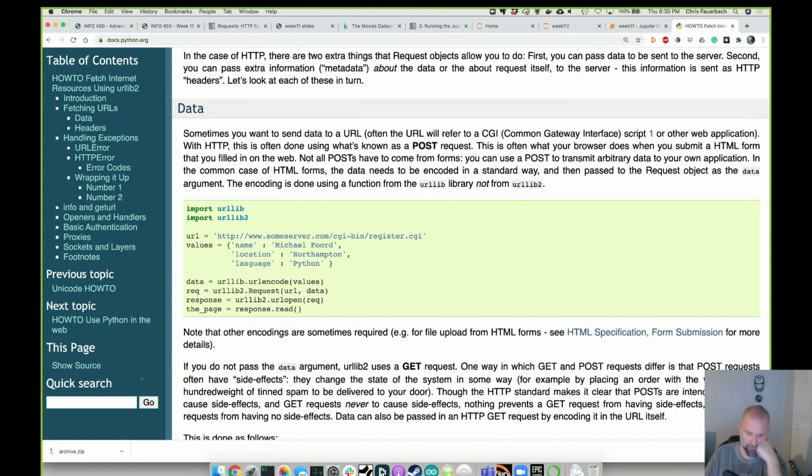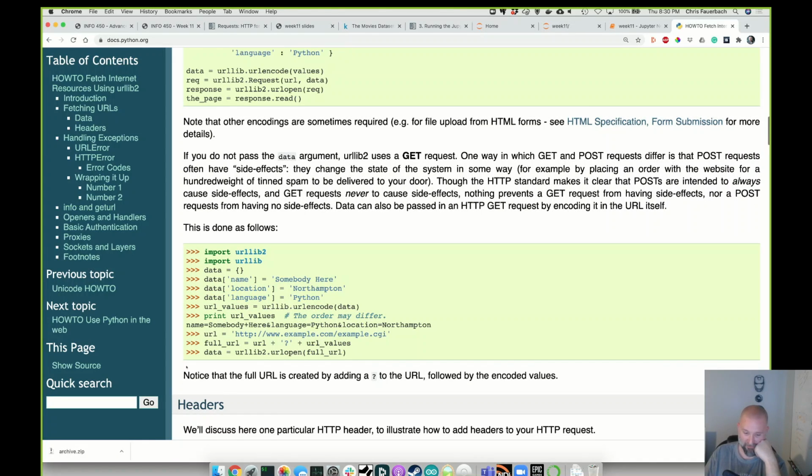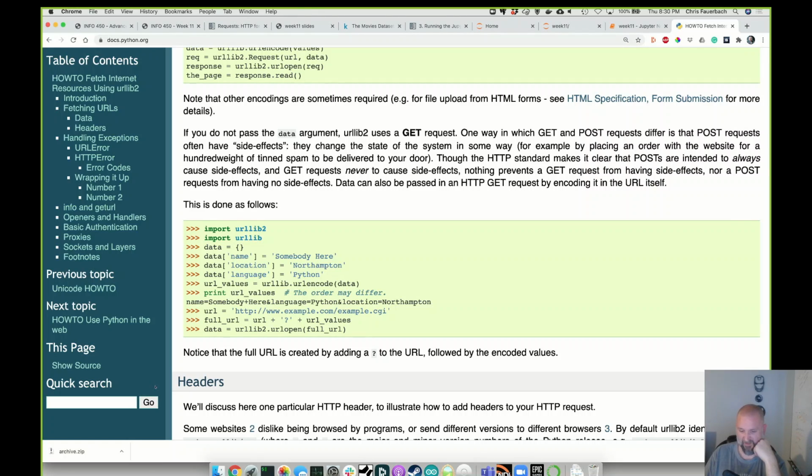But now I've got to URL encode values. I'm going to pass open read. I don't know what I'm doing here. It looks like more values. I'm URL encoding things. I'm building a URL by hand. Like, this is awful. This is a really bad interface. So I have to take my dictionary of data, use a URL encode function of that dictionary to get URL values. The URL values is a string that looks like this, name, etc. Then I have to get my base URL, add a question mark, add the URL values, and then I can make that